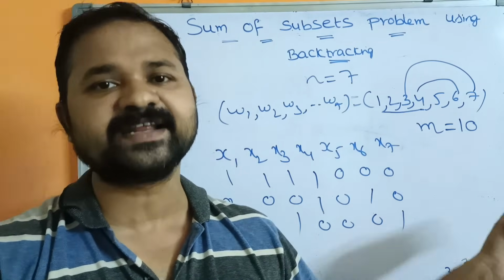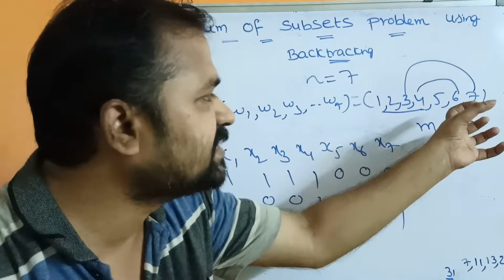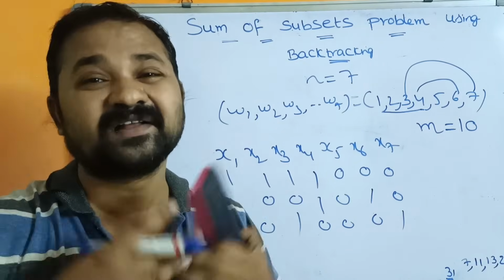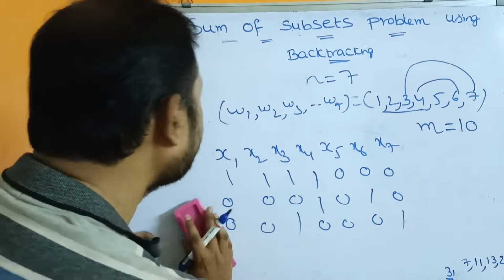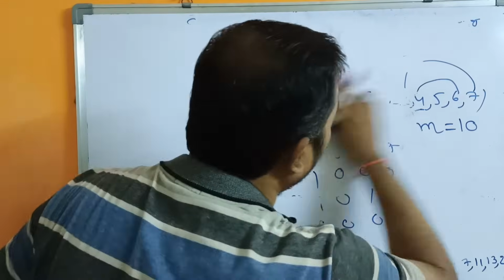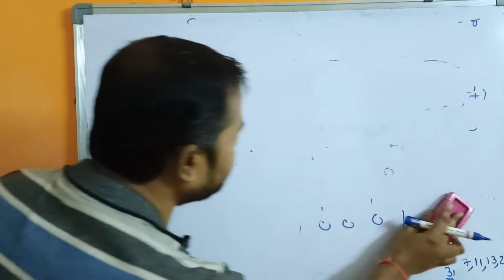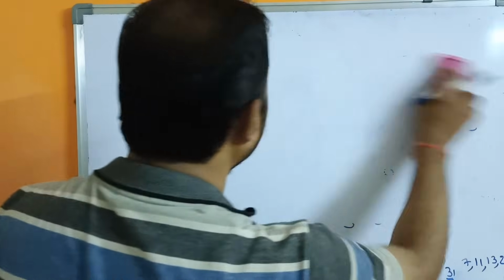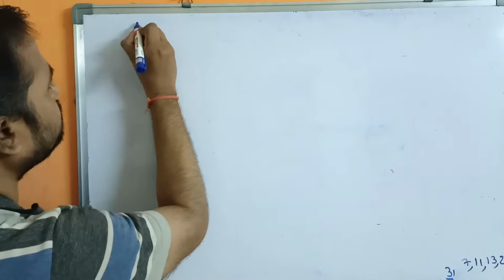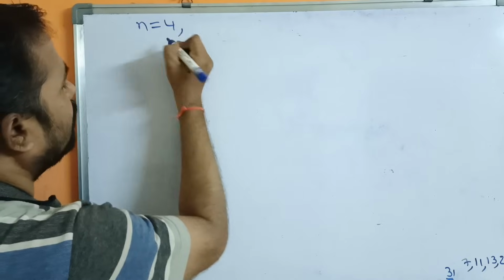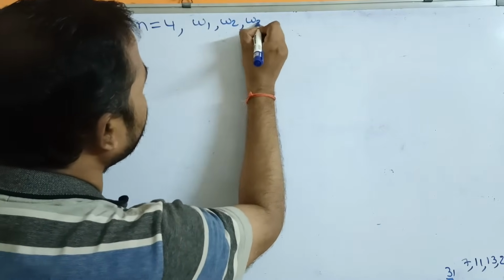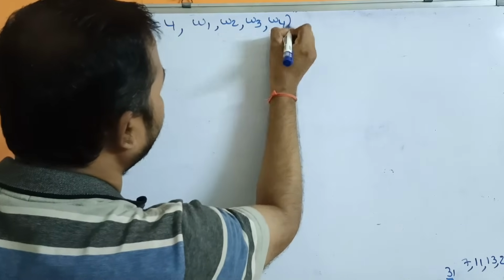For that, here we are considering one problem. Don't consider this problem, because here 7 objects are given, and if there are 7 objects, then too many combinations are needed. So it is better to take a limited number of objects. Let n be equal to 4. So totally 4 integers are given. First we have to note down the weights. Let the weights be like this: W1, W2, W3, W4 is equal to